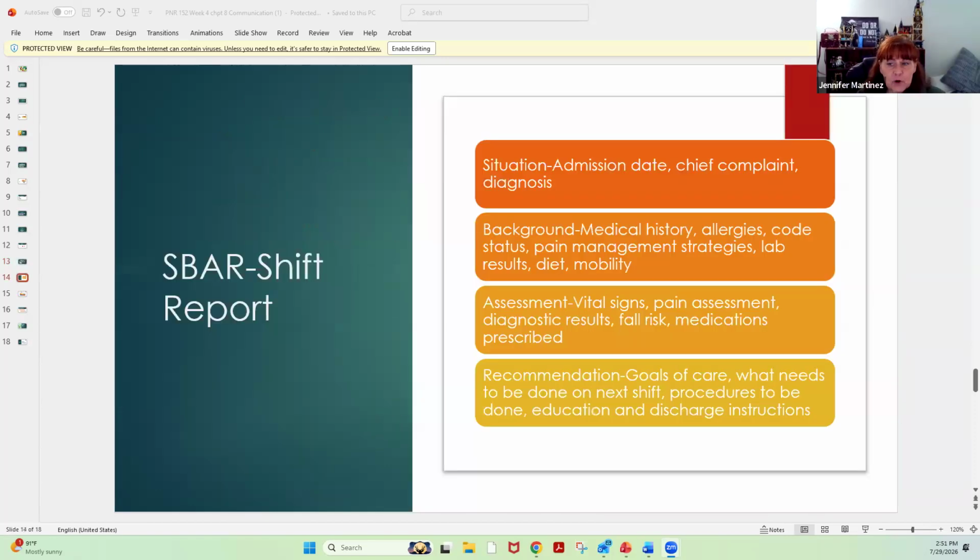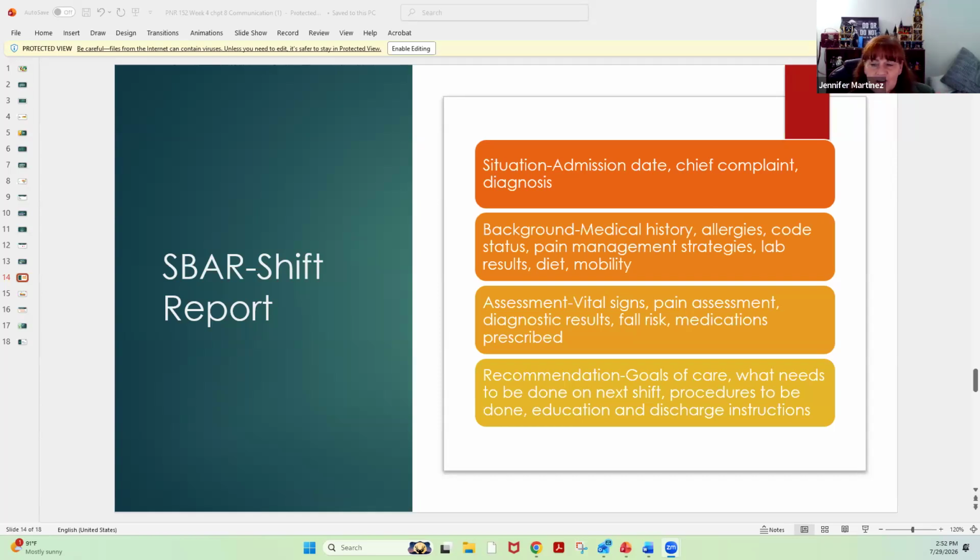With shift report, it's a little bit different, right? Because under situation, obviously, I don't have to tell the new nurse, "Hi, I'm Jennifer, I'm the nurse for Mrs. Jones." So it's a little bit different. So situation is one where they were admitted, what was their chief complaint, and what was their diagnosis. So